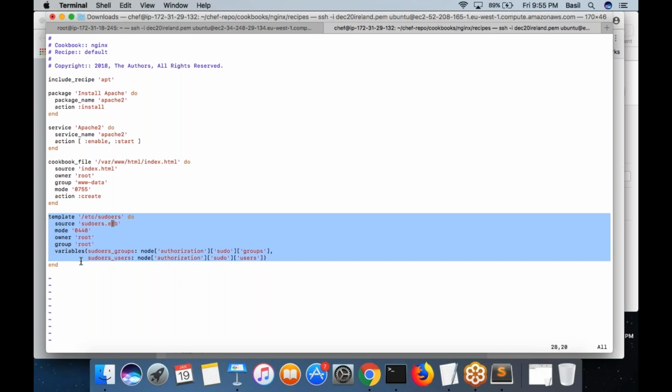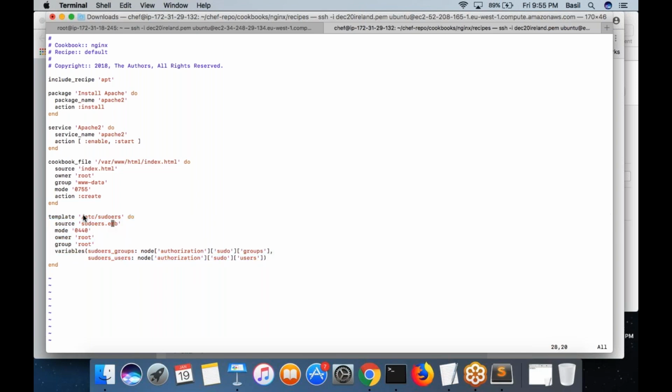This is what I am going to do. I'm going to create this file in the web001 machine, /etc/sudoers, and this file would be generated from this template in the Chef server. I will show you how the template will look later. This is the template file that exists inside Chef server. Where does this file exist? Inside the templates folder, right?